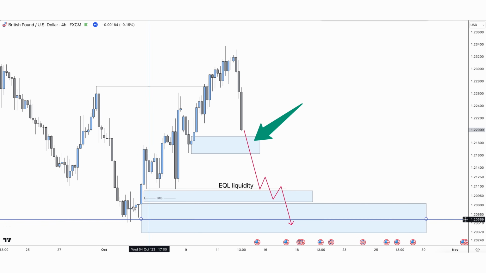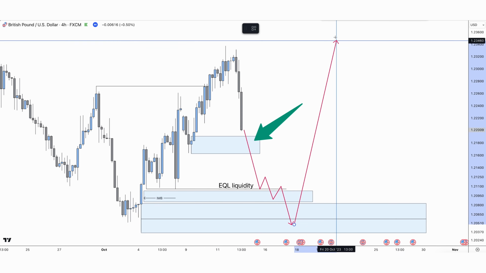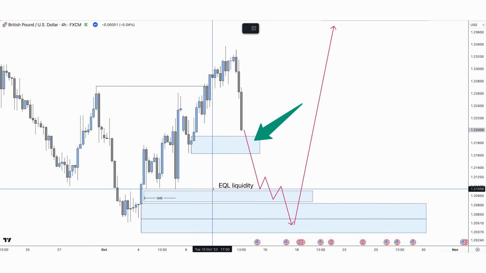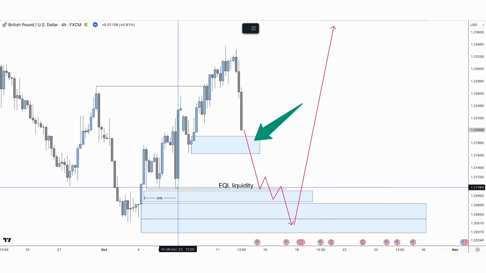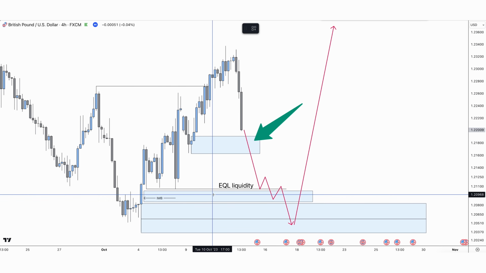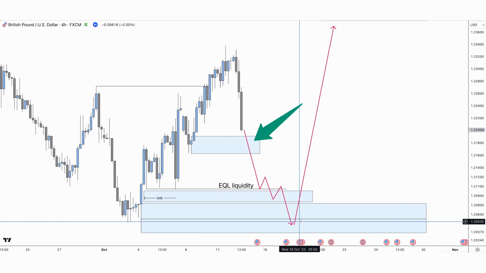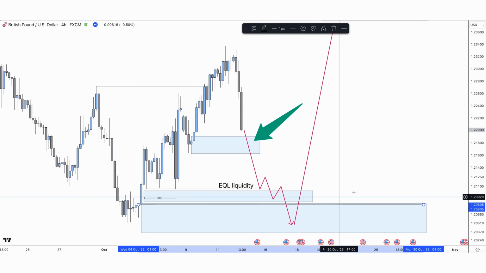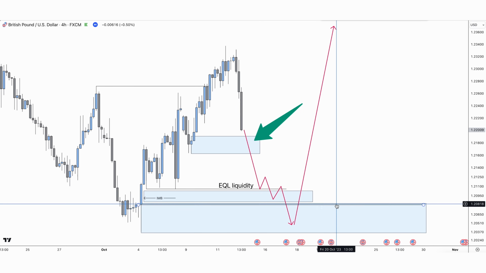We know that traders like this price area for buying. If the market gets into here, that's where significant buying is going to take place again. It's not particularly going to take place from the equal low liquidity. It's not going to take place from the imbalance. It's going to be from the demand. So we're looking for the market to at least trade into this area of demand for a new push to